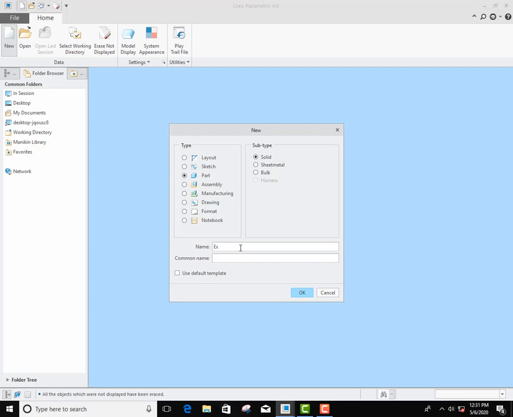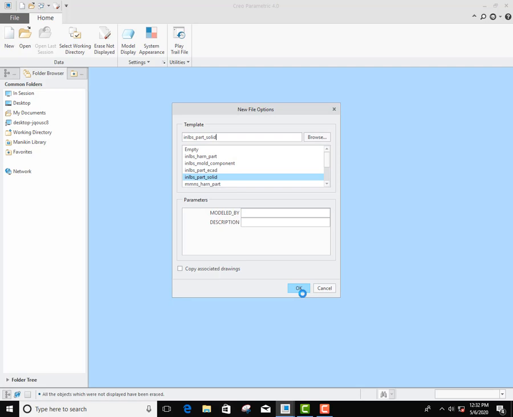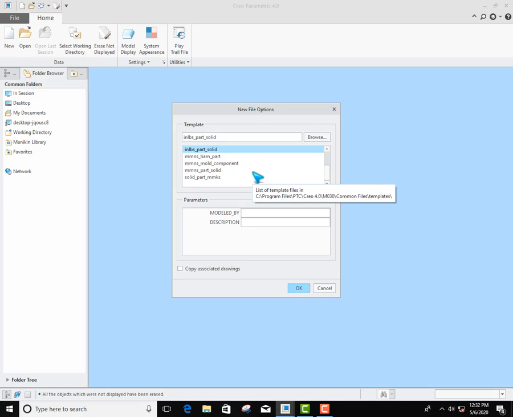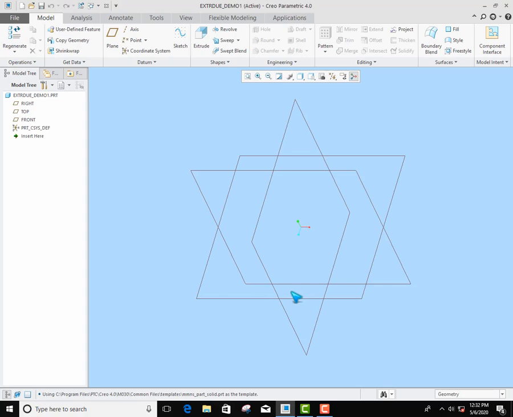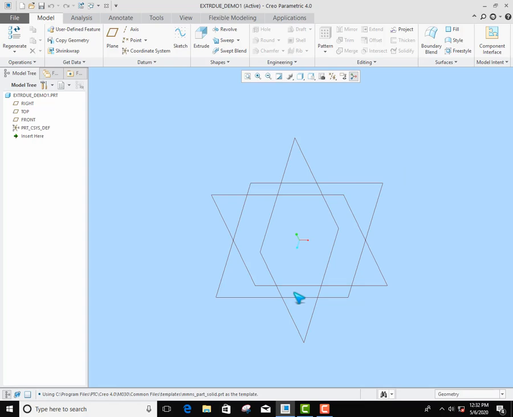I'm giving the name as extrude_demo_1 and click OK. Here you have to select the template units, which unit you want. Here I am selecting mmns, that is millimeter, newton and seconds. Select OK.